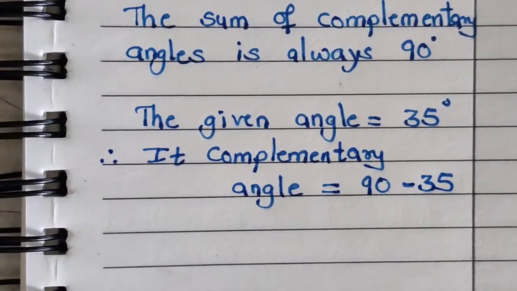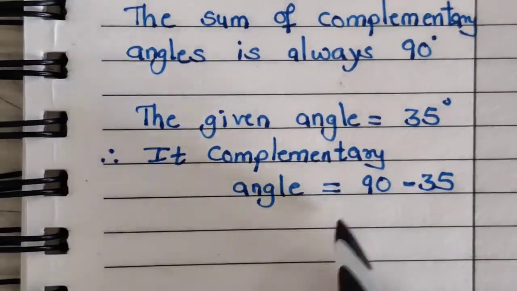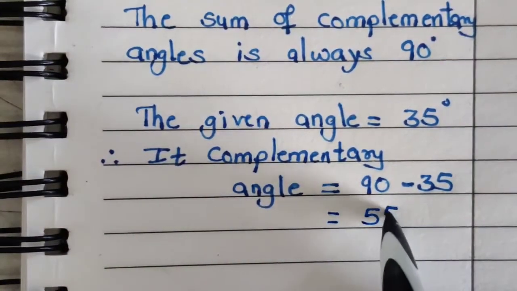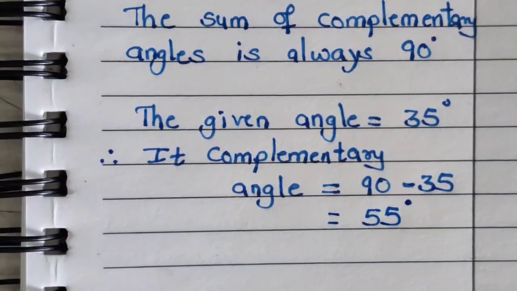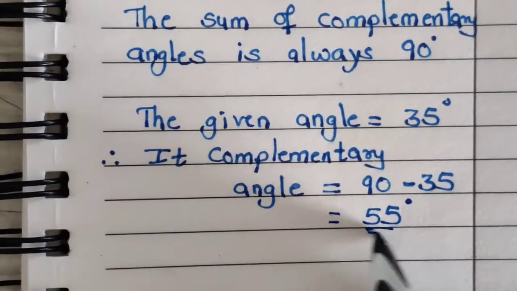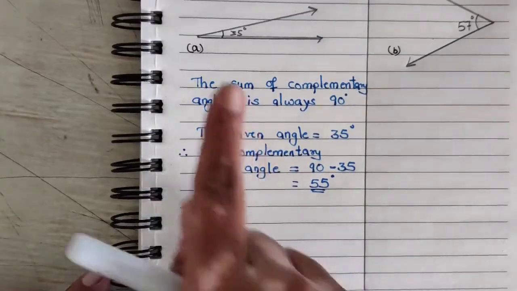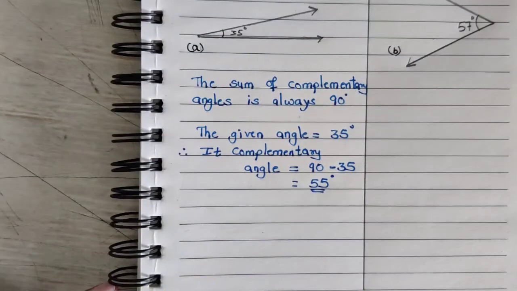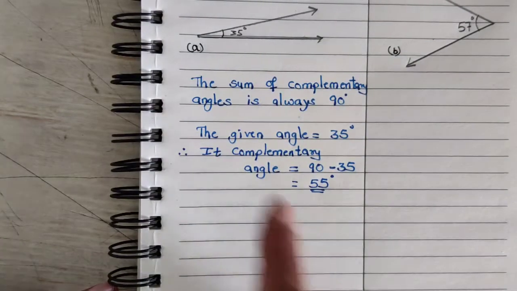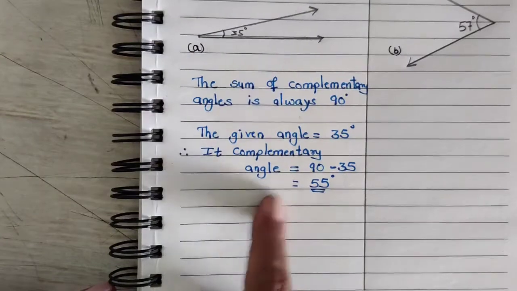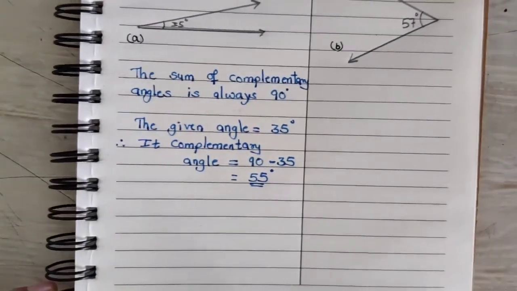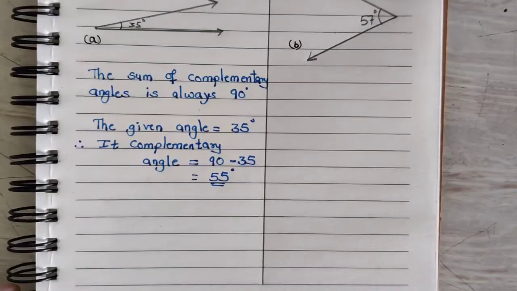Now you have to do the minus of 90 and 35. You deduct 35 from 90. What are you going to get? Correct. 55 degrees. Correct? So this is the complementary pair and this is how you are going to write the statement. See, so question A is solved in this many steps. Okay, even if it is for 2 marks, you have to write the property you are following, and you have to show the method. Now let us move on to the next question B.